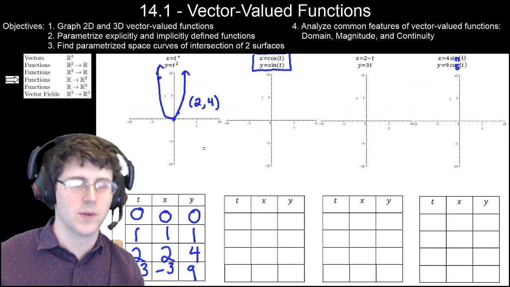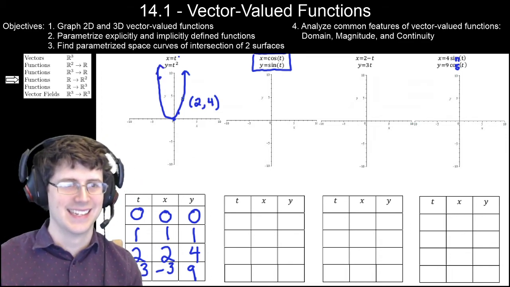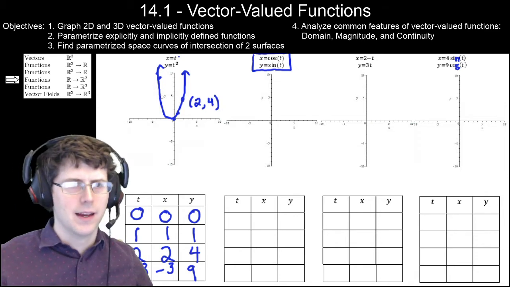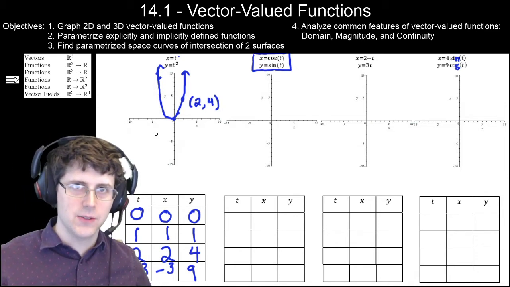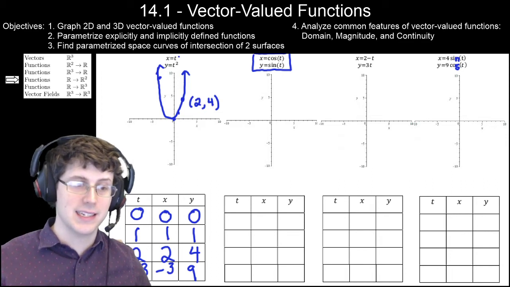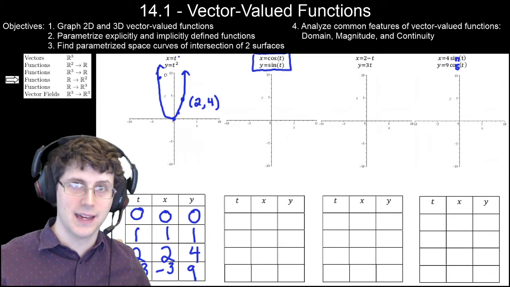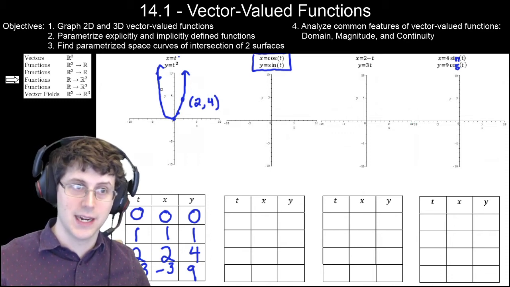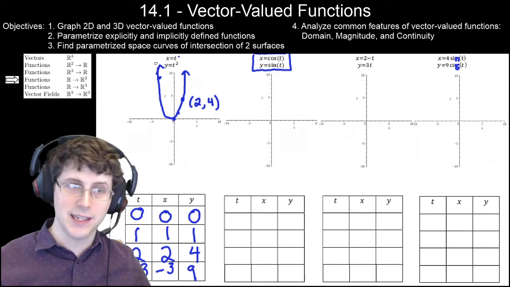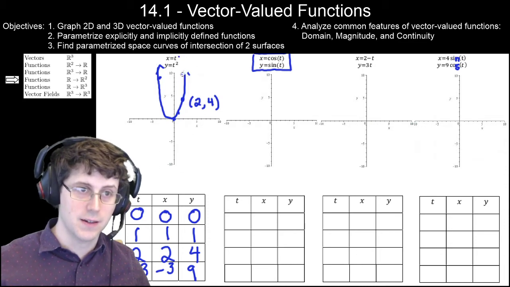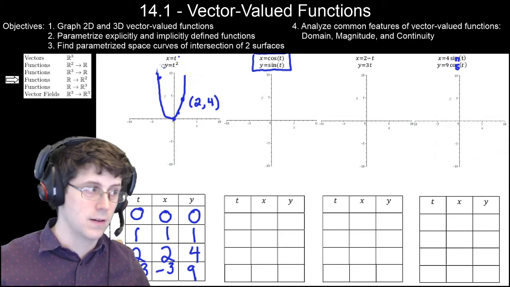Didn't connect the dots very well there, but hopefully you can see what's up. One extra piece of information you get on this parabola, because it was a set of parametric equations, is that these t's are actually in order. The lower values of t are over here on the left, and the higher values of t are over here on the right. So instead of putting these arrows on the ends, like I would with a function,